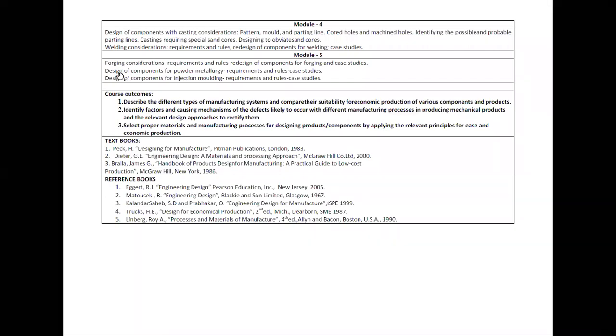In this, design of components for powder metallurgy is done, that is, what the requirements are, and rules and requirements. In that, we'll take a case study. Similarly, design of components for injection molding. In this also, what are the rules and requirements that need to be fulfilled, and we'll take a case study. This is how all the 5 modules are divided in design for